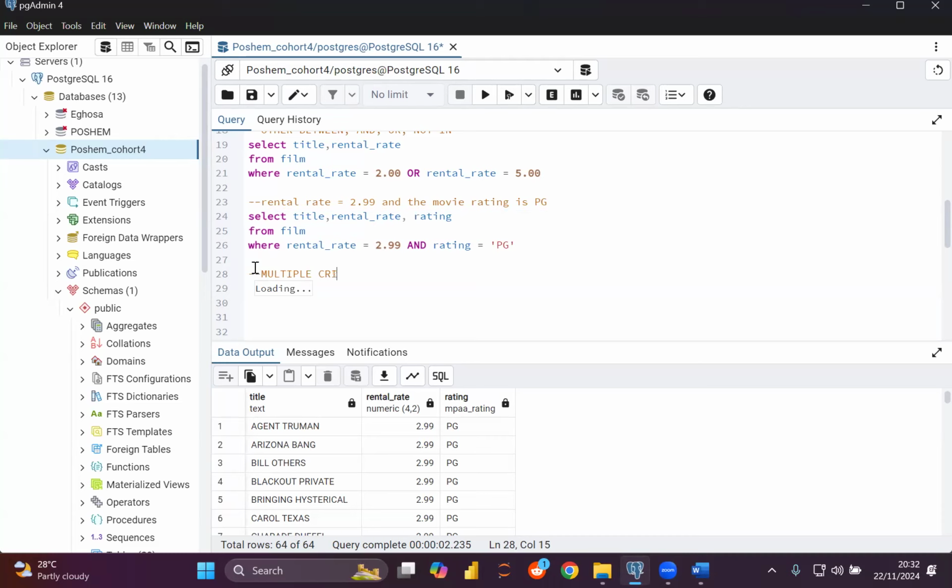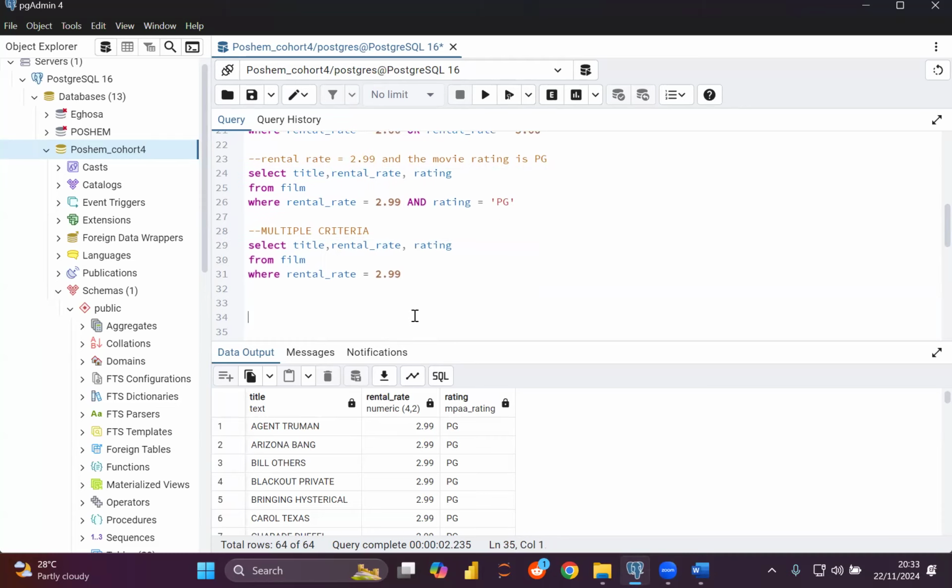If I copy this and paste, you'll see what I'm talking about more clearly. If you say SELECT * from your film table,